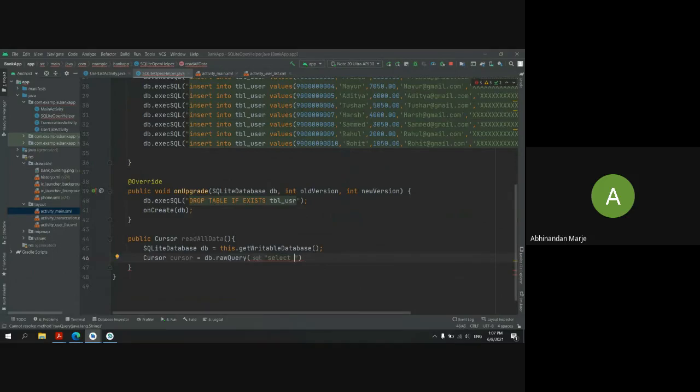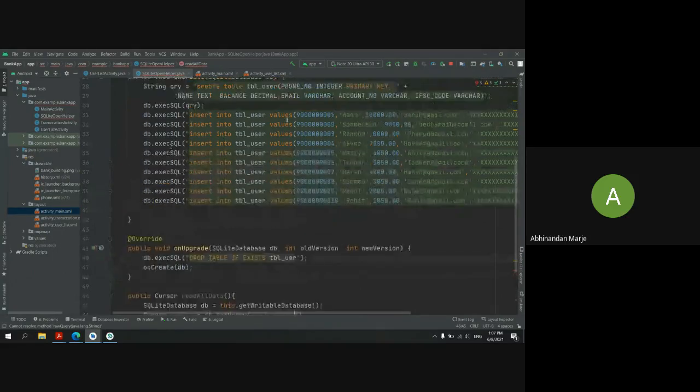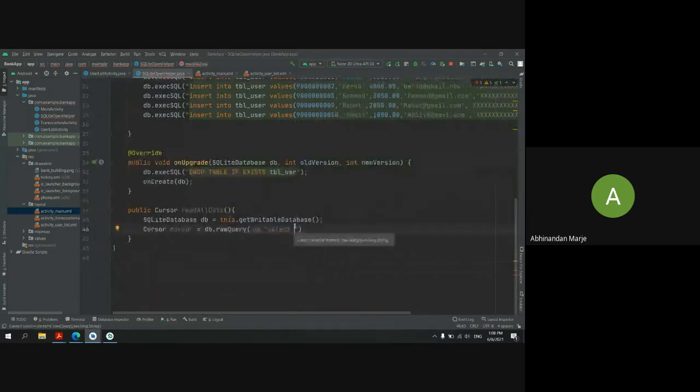right. Now I want to select the whole thing from here. I don't want only to select the phone number, only the name. I want the whole column here, and I want to extract all the things from here. So to extract all the things, you use the star function here. Select star from your table, your table name, right. And in this you can see now it is showing me the color coded. That means it has accepted my SQLite query.